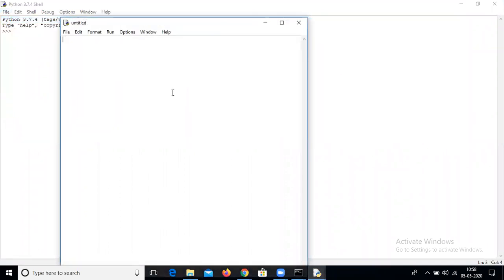Now create a database connection as we created earlier. For that purpose we have to import the package PyMySQL. After that we create the database connection, db equals pymysql.connect.